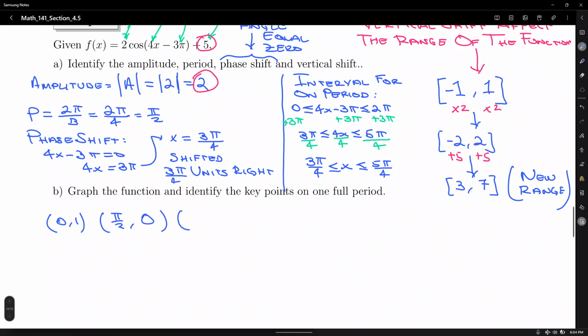What's the next point? Pi, negative 1. The point 3 pi over 2, comma 0, and the point 2 pi, 1. Okay, so